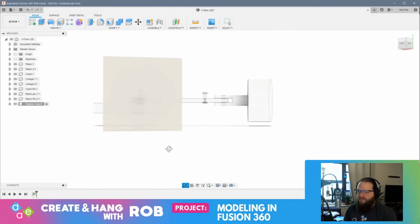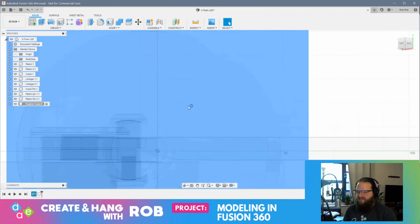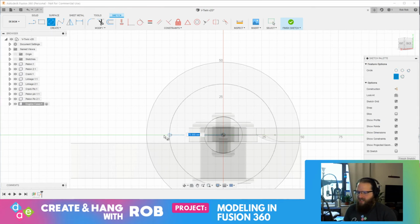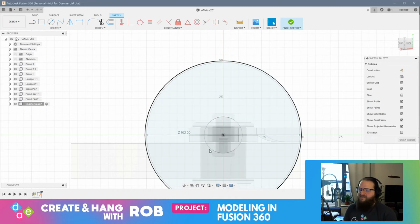Okay. And we'll sketch on this face. And let's see. Okay, so there's my center point. Great. So I can make a center point circle. And we know that this is 100. So let's give this a tolerance of 1 millimeter on each side. So we'll do 102. And then we have to figure out, well,